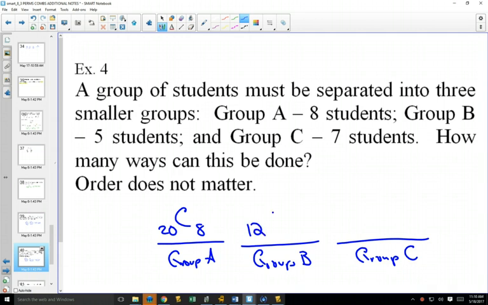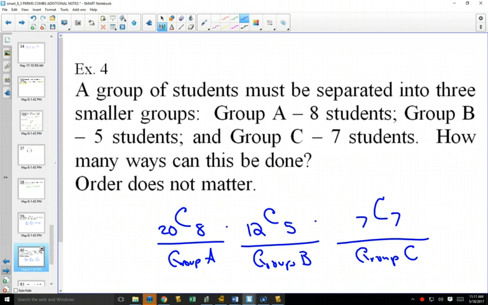Yeah, now there's only 12 people left. So the number 1 mistake here is you do 20, choose 5. But you have to realize that once you've chosen 8 people to be in group A, they're already taken out. And then in group C, you need to choose 7 from 7, which is 1, which makes sense, because whoever's left, it's not like you're sitting in class, right? Group A gets chosen. You're like, oh, wonder what group I'm going to be in. Group B gets chosen. You're like, oh, I can't wait to find out what group I'm in. You're like, okay, everybody who's left is in group C. Oh, yeah. So multiply this out